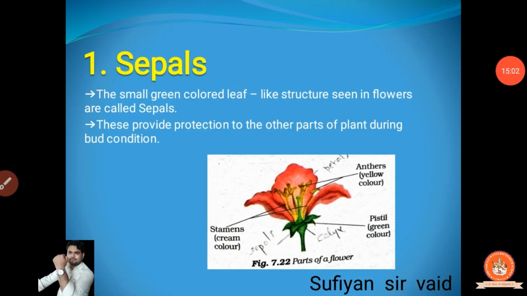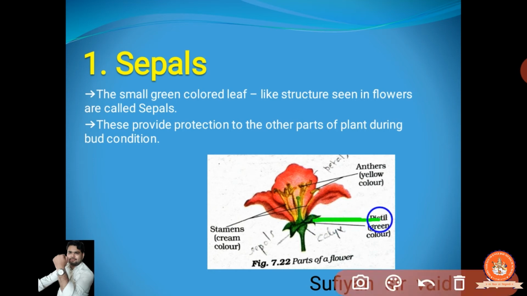So here are the sepals. Now, where is the sepal in the flower? We have to observe it very well. When we find the sepals, we can get the idea perfectly. The sepal is the green portion. Here the green part we are seeing is known as the sepal. The small leaves that come are the sepals.